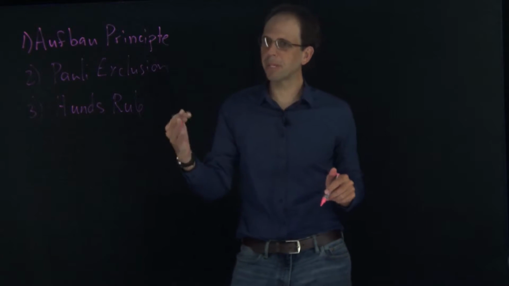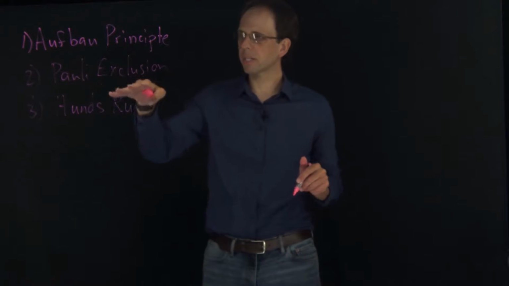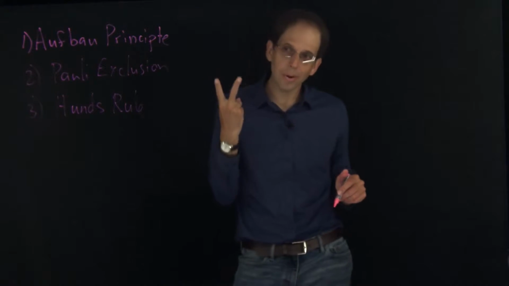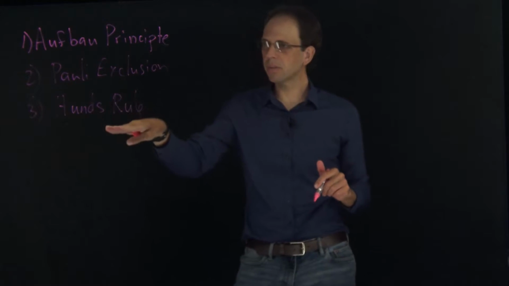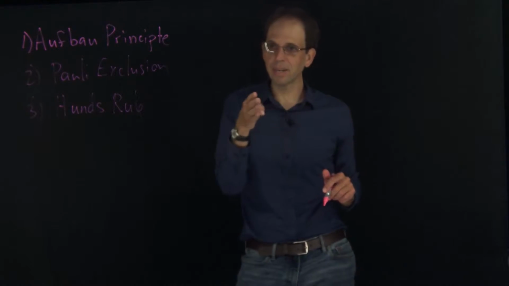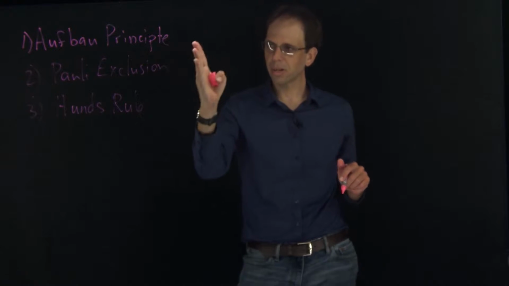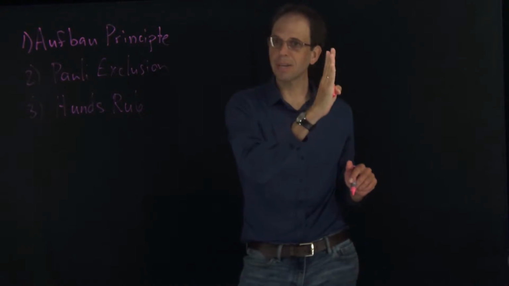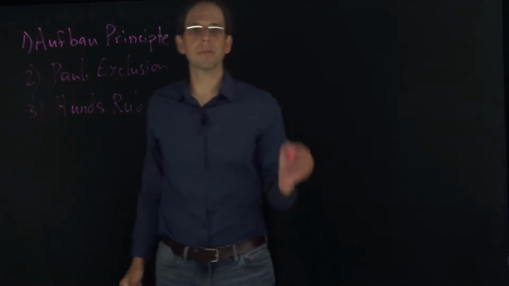And so the Aufbau principle says we fill electrons from the bottom up. Pauli Exclusion says we put no more than 2 electrons per orbital, one with spin up, one with spin down. And Hund's rule says that when we have multiple degenerate orbitals, that is orbitals with the same energy, we put them in those 1 electron per orbital with this parallel spin before we start pairing any up. So let's do some examples. First,